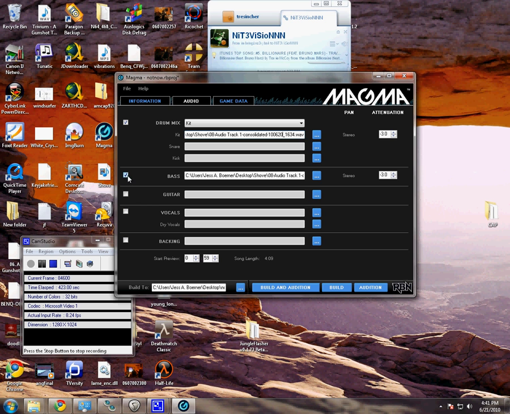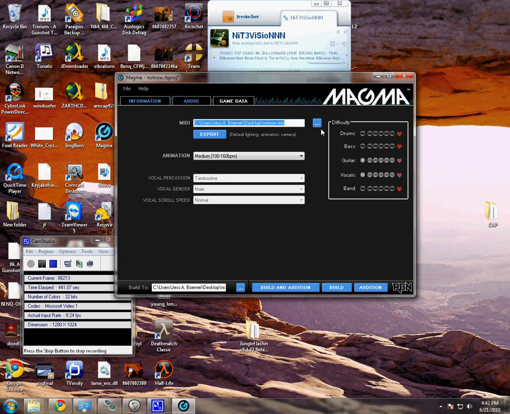Then check out bass, or you can check guitar, whichever one had the notes on it. This is just going to be basically your backup music, and you're going to have it be the exact same file. You can just copy paste. Then what I like to do also is just increase this file a teensy bit, like 1.5 maybe. Then we're going to go to game data. You're going to go here, select your MIDI, and